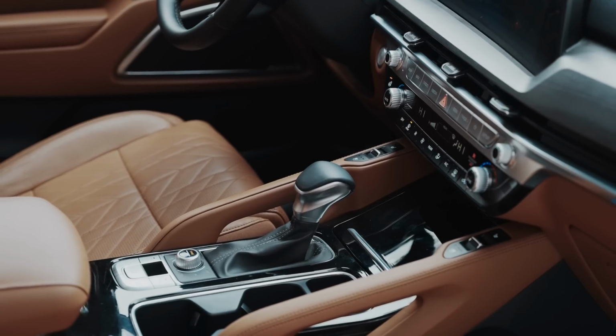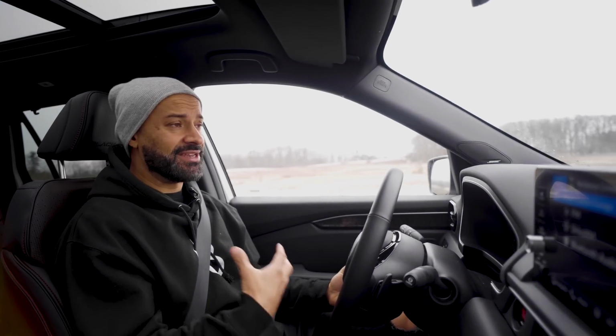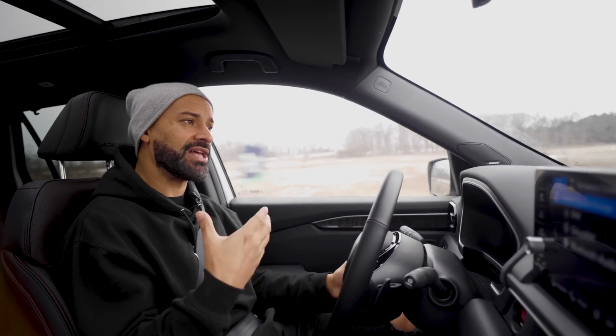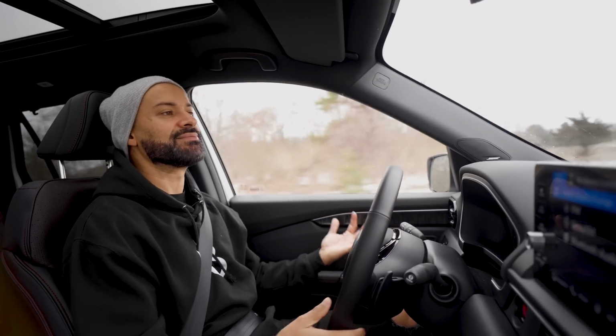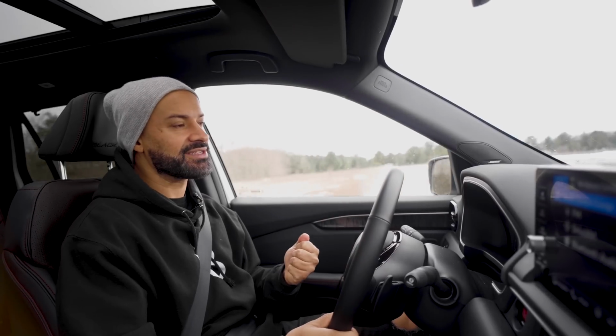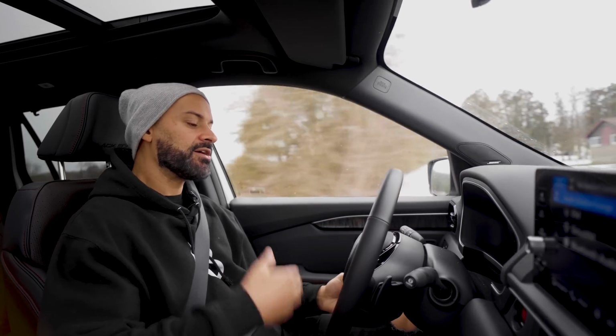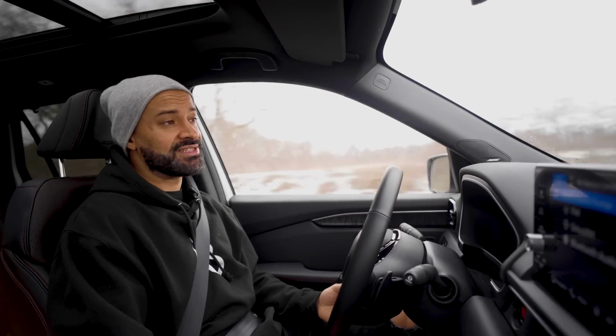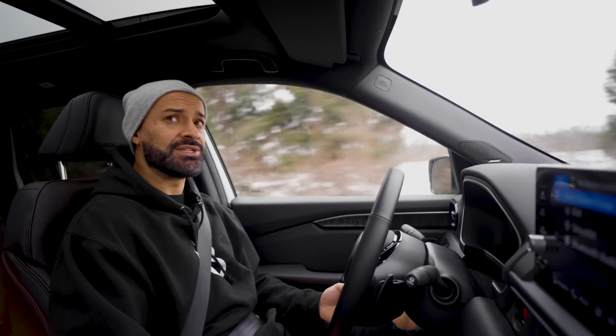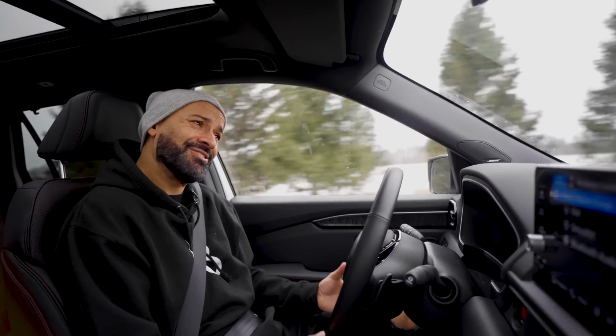The fact this costs $65,000 Canadian is a lot of money, in my opinion. I think that it's really a reliability push to charge that money, to say, hey, we are more expensive because we actually give you something that is more reliable than the Kia, because Kia has been getting a lot of heat in terms of reliability lately. So hey, maybe the Honda's for you, and maybe you will spend that extra money. Or maybe just things are more expensive nowadays and they feel they can get away with it. Who knows? But at the end of the day, this ride's really, really good. The interior though,